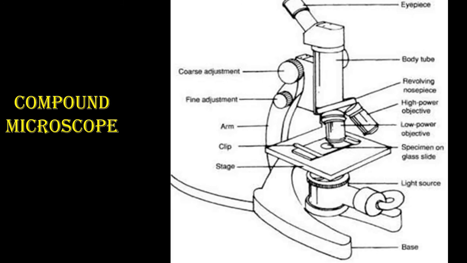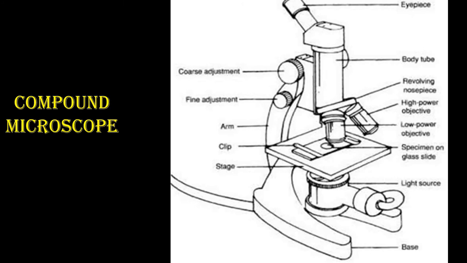Here the structure of the compound microscope is shown with the eyepiece. Then the arm is there, at the upper end of which the adjustment screws are there, coarse and fine adjustment. Then the lower side contains the base of the microscope, or foot of the microscope, to which the mirror is attached. Then the stage portion is there, on which the slide is mounted, and then the body